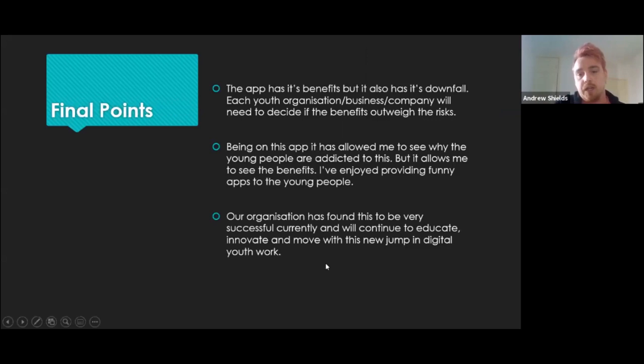My final points on it, again, would be that there is loads of benefits to that, but there's a lot of negatives to it as well. Again, there's a lot of young people that I know who are using the app through Escape, that they have videos that are so explicit in terms of the use of derogatory language. Without saying it on video, there's a lot of really bad racism on TikTok as well.